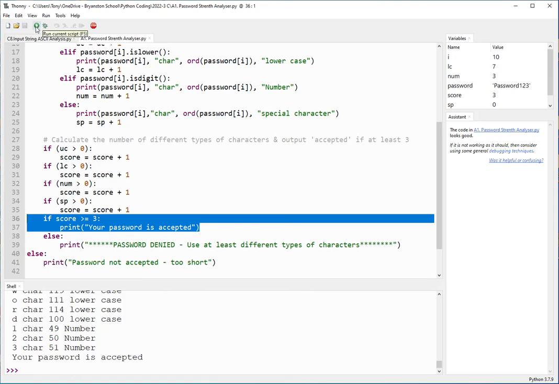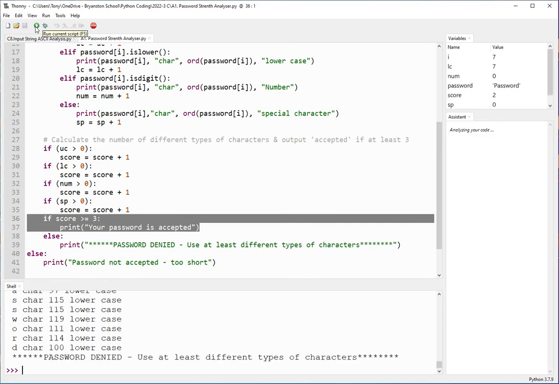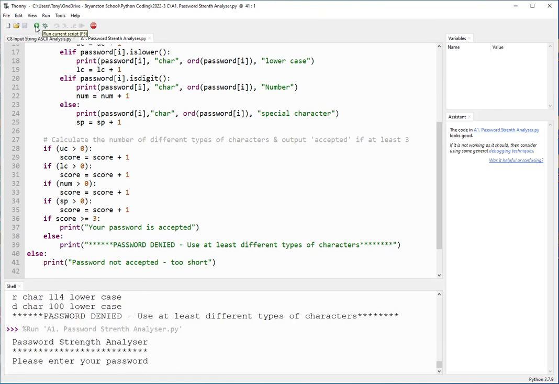So what we can see here, if we run it again, just another test, if I type password now, it's definitely 8 characters, but we've only got 2 different types of characters, so it tells us to use at least 3 different types. Now here is the problem with the program. If I now enter PASS space WORD 123, I've now got capitals, lowercase, numbers, and this space here. Now space should not be allowed in a password. So if I enter that,